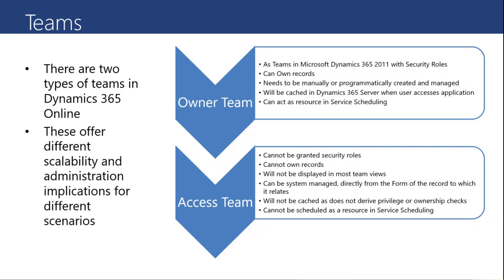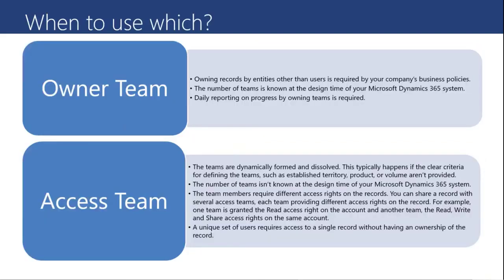So those are the two types of teams to keep in mind. So when to use what, like I just stated it: it's pretty much when records the user is required by a company's business policy, the number of teams is known at design time, and daily reporting on progress by owning teams is required. So if you want to do some reporting, and it's known upfront, then you would